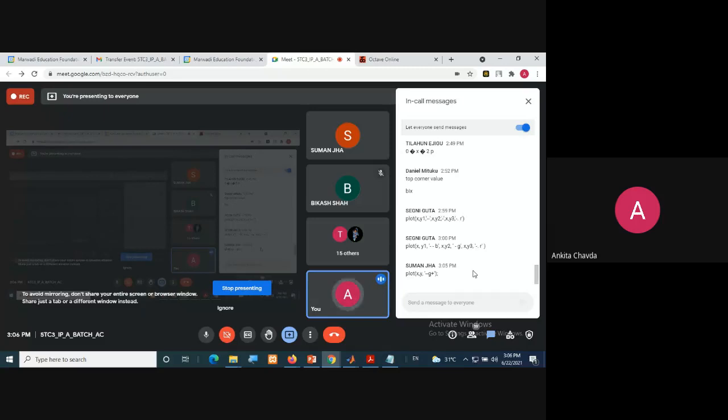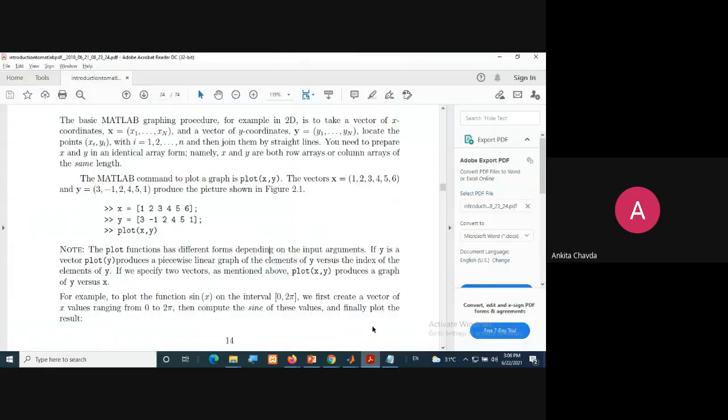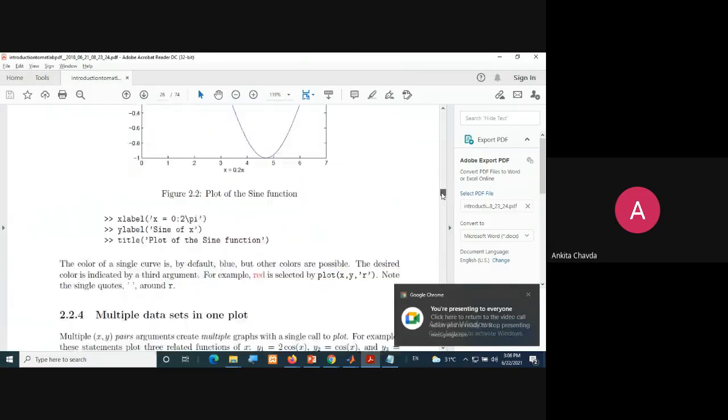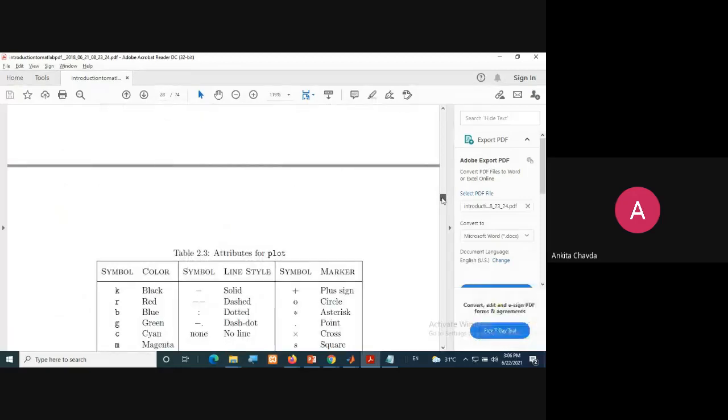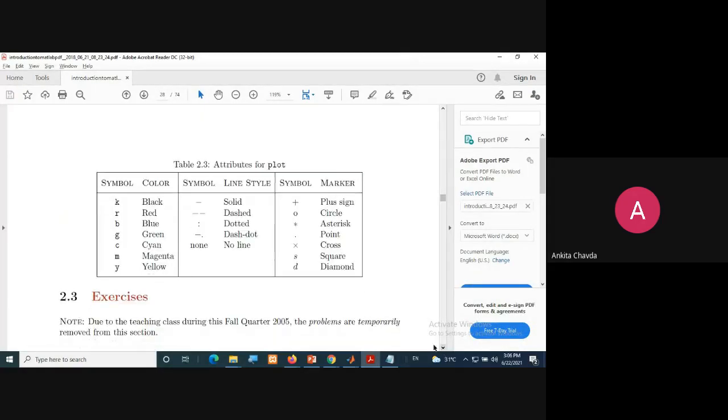Then what you will do? Sorry, ma'am, I didn't get you. I don't want the lines, right? So for that, what you need to do, I already said, no, you have to write at the line none. You can see this, no? None means no line. I don't want line, only the marker, right? You can try with that.